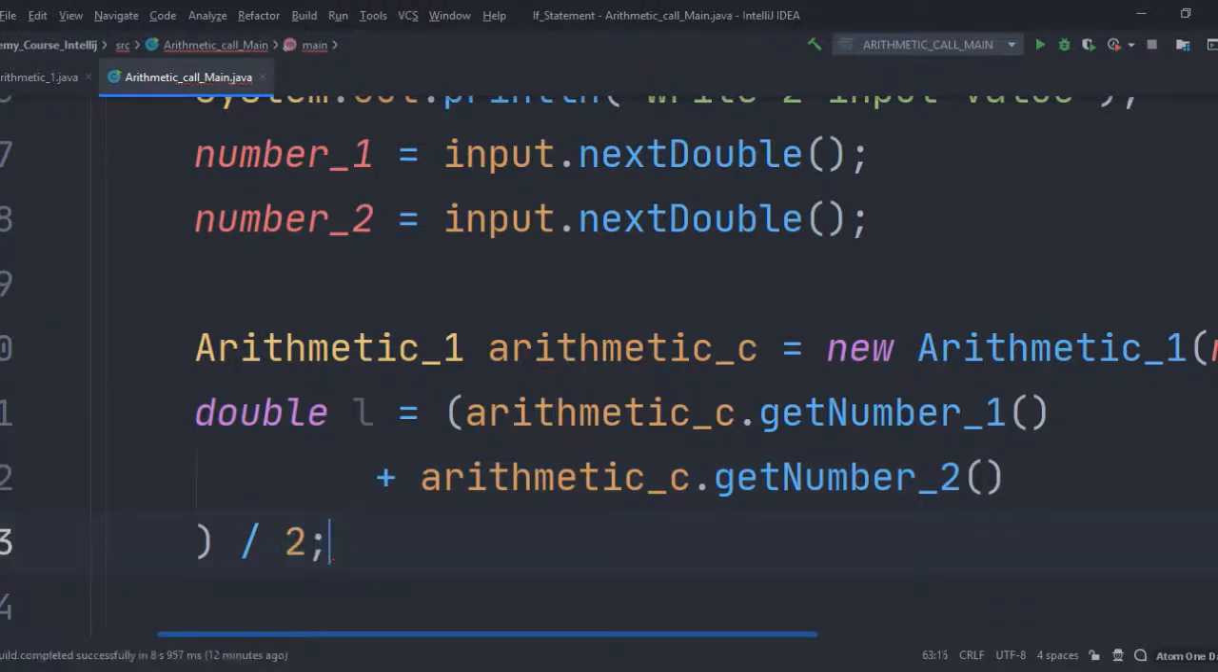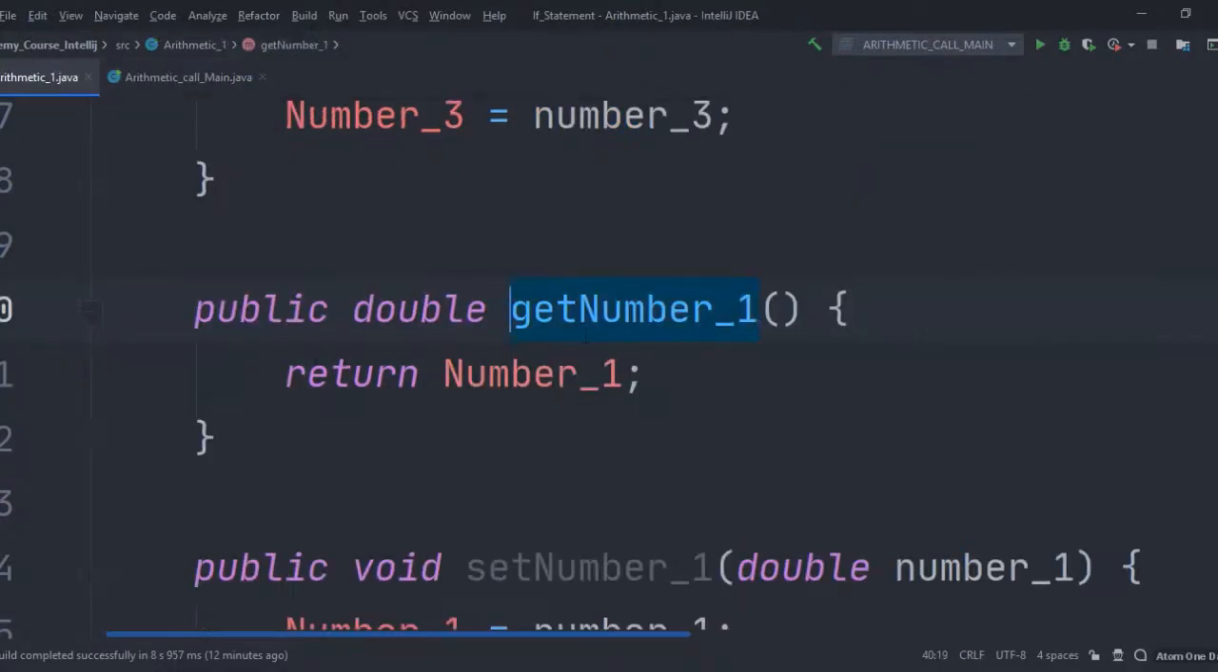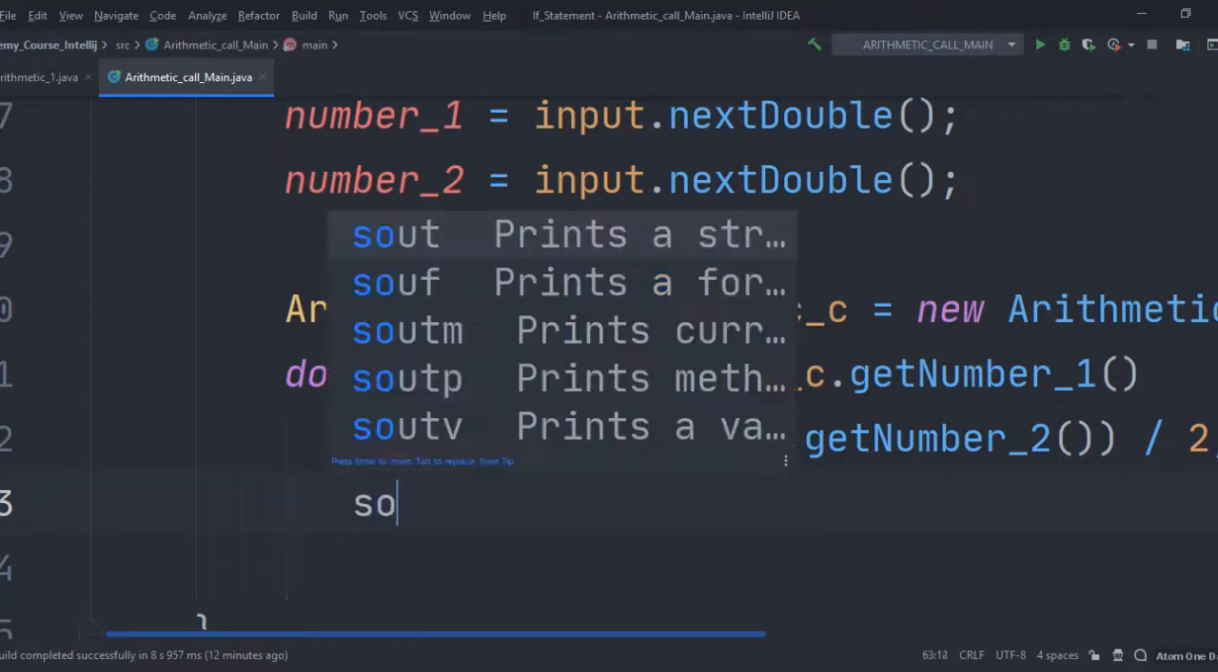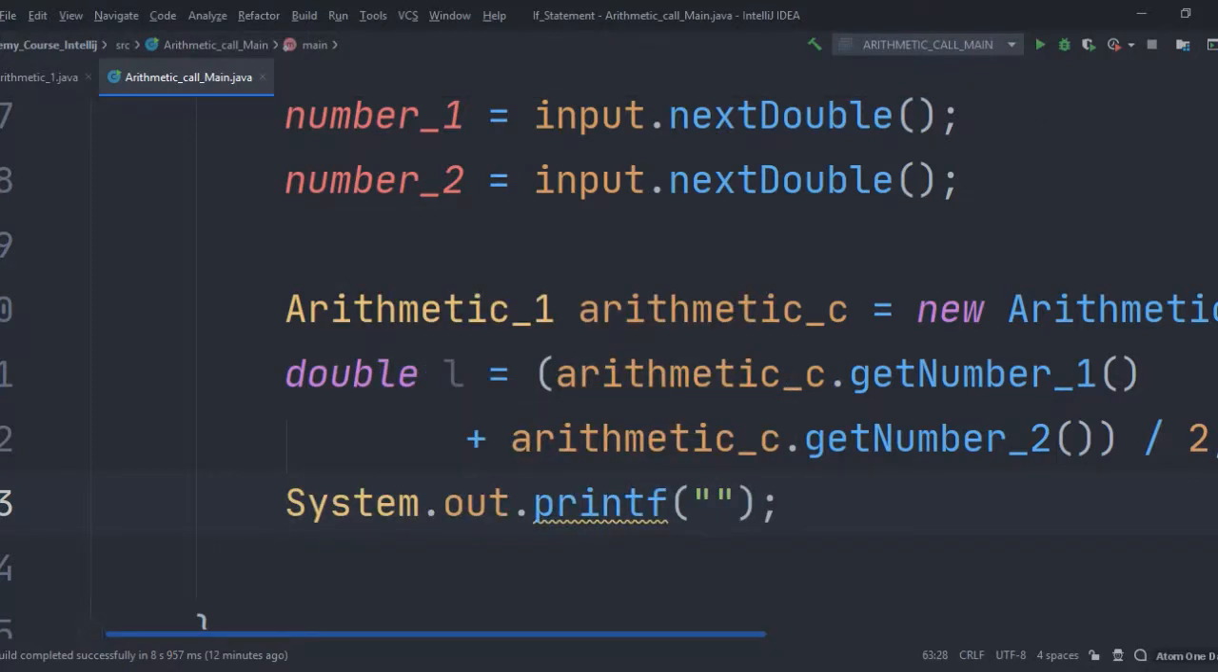And here, can you see this? We have called these 2 methods from this class to return the value after adding each other and dividing by 2. It will be stored to the L value. And now print formatted calculated value